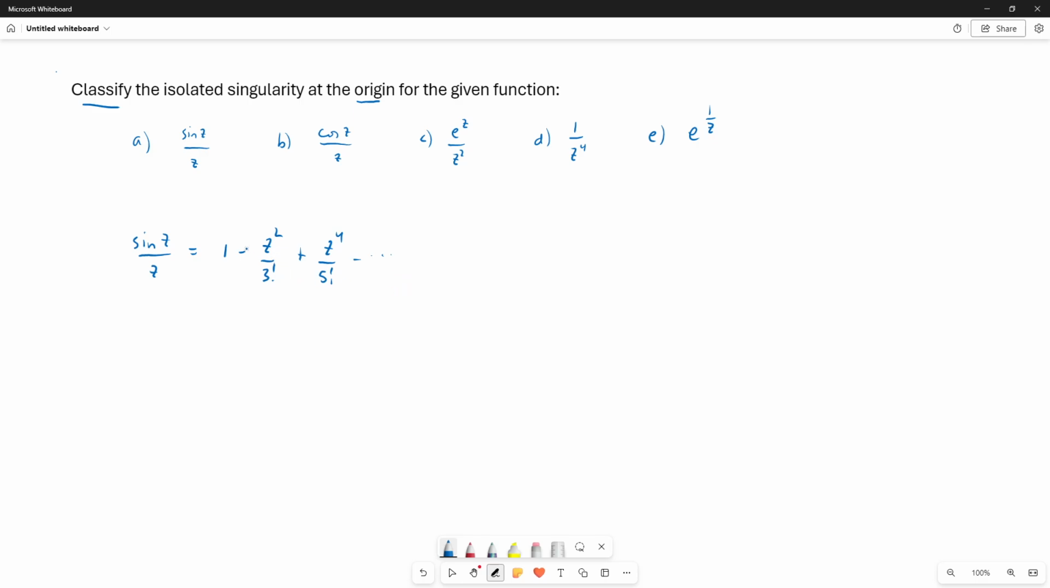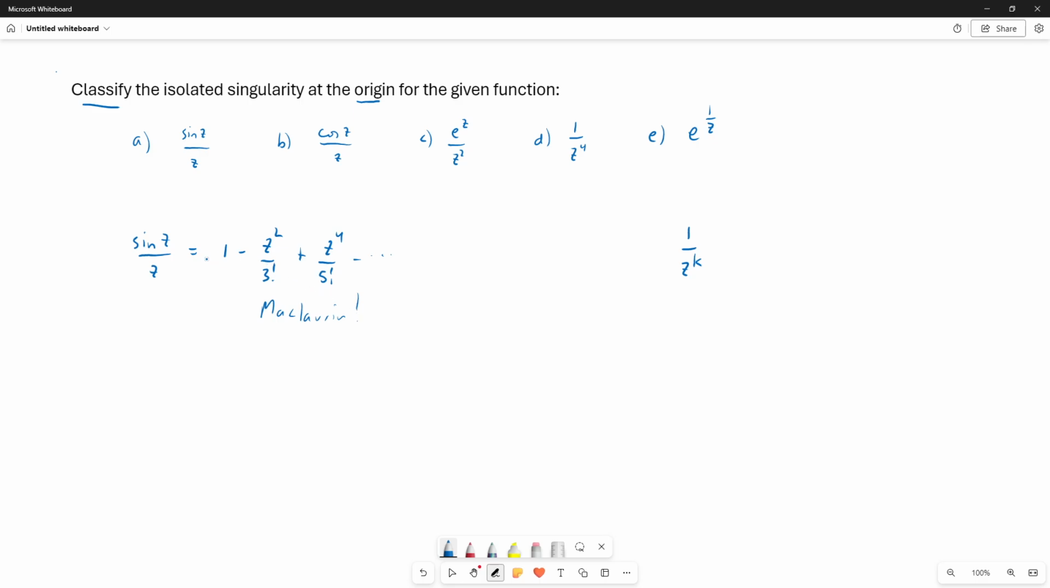And then to classify the singularity, if there's a negative power of z, if there's a term of the form some coefficient times 1 over z to the k in the Laurent series expansion, then we have a pole. And if we find the largest k among all the terms of this form, then we have a pole of that order. Well, there are no terms of this form in this Laurent series, which is actually a Maclaurin series,